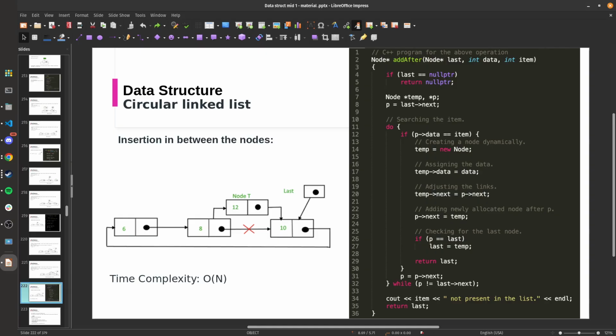So this is just it searching through the array, and it's just going to be looking until it finds the node it's looking for. So it's going to keep looping through until it finds the last node. So it checks if p is equal to last, which last is the node you're looking for. You find it and you replace it. Okay. Checking for the last node. So if it's the last node,